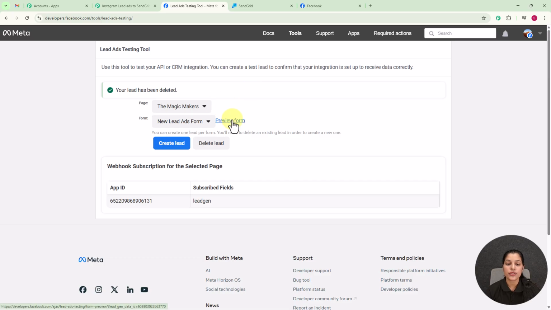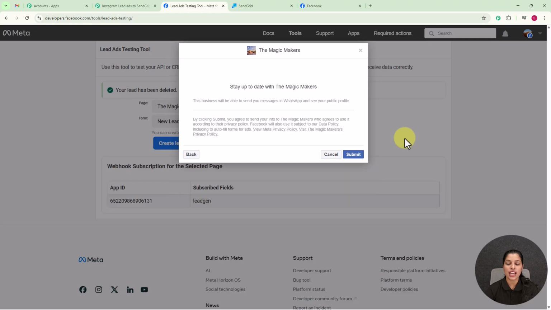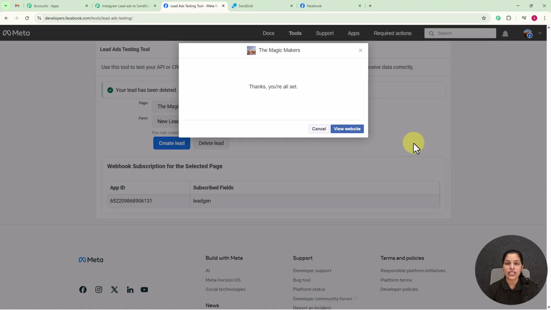Now we simply have to click over this preview form button, and here you can see we are getting the form, that is new lead ads form, and now we just have to fill this form. So now let's fill this form over here. So here you can see I have filled this form providing full name, dummy user, email dummy@pabblytudes.com, WhatsApp number and the city. Now we simply have to click over this continue button, and after that we just have to click over this submit button for submitting our new lead ads form,